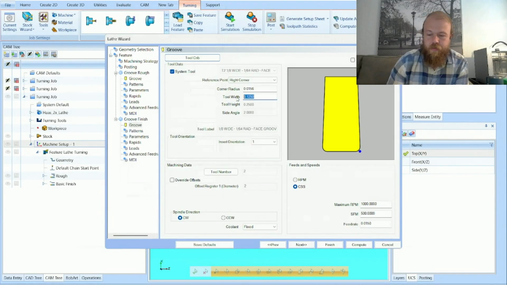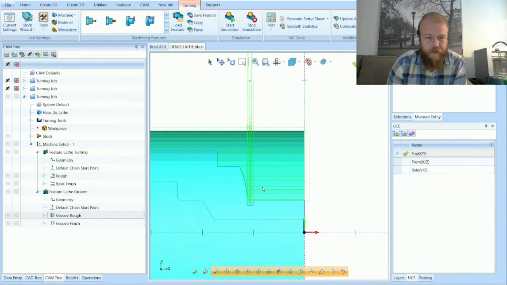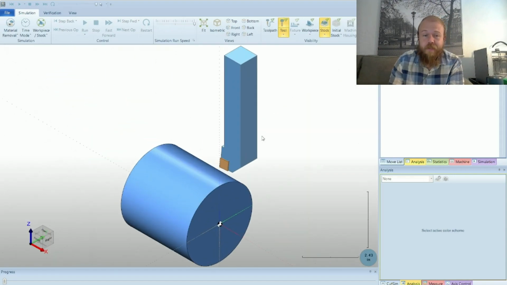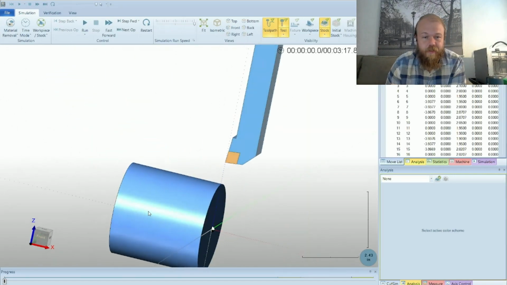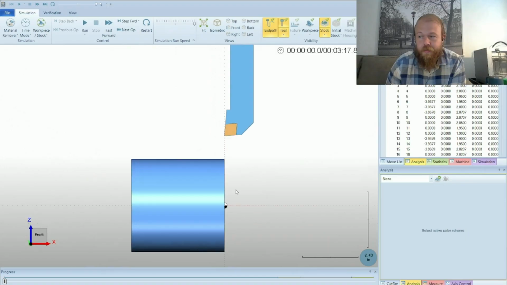And then same thing for this one. And hit compute. All right, now I'll save this one just in case there's something specific with this file, or sometimes it can be a corrupt part file altogether. That's sort of a good point that we can make before we run the simulation. If the file becomes corrupt for whatever reason and keeps crashing on you, and/or the geometry gets wiped out or what have you,